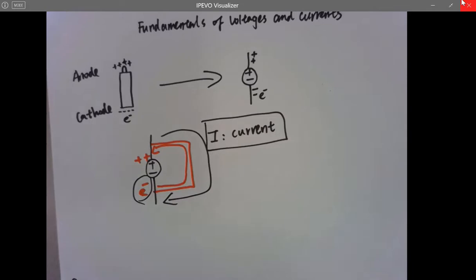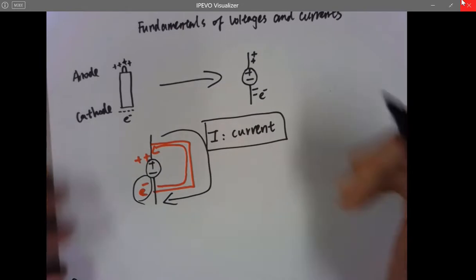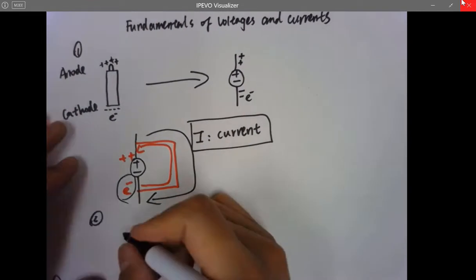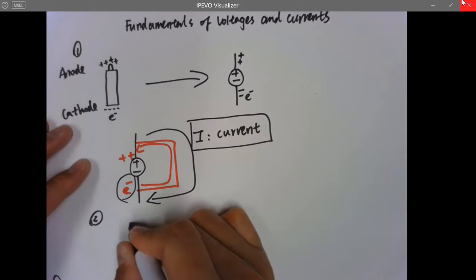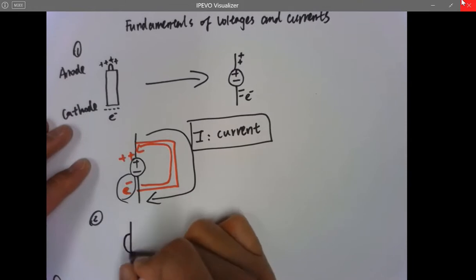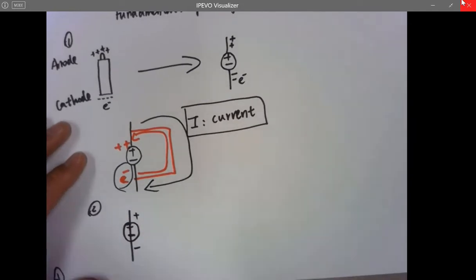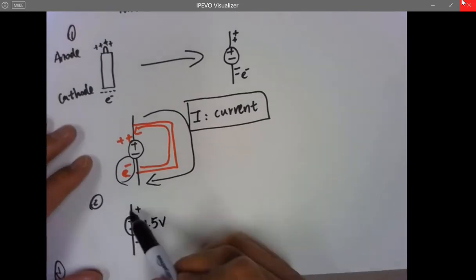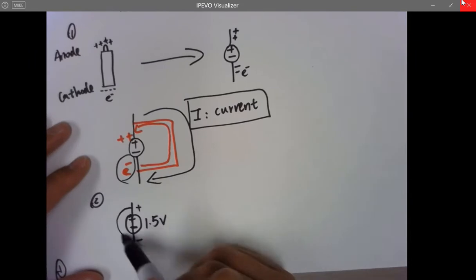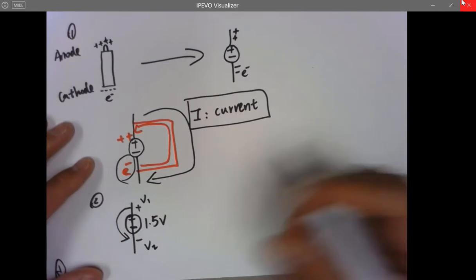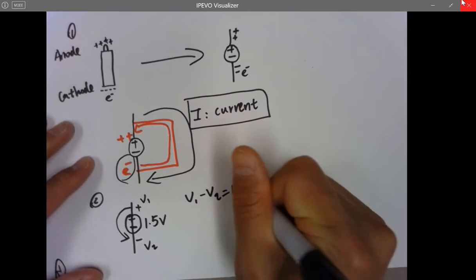And the second one is trying to let you know, if you see a battery, that the first one is the current flow, and the second one is trying to let you know the voltages across this. Sorry, I didn't do it really well. So here, if I label this as 1.5 volts, you should know that this is actually the voltage difference from here to here, right? So if I label this one as voltage 1, voltage 2, then V1 minus V2 equals 1.5 volts,